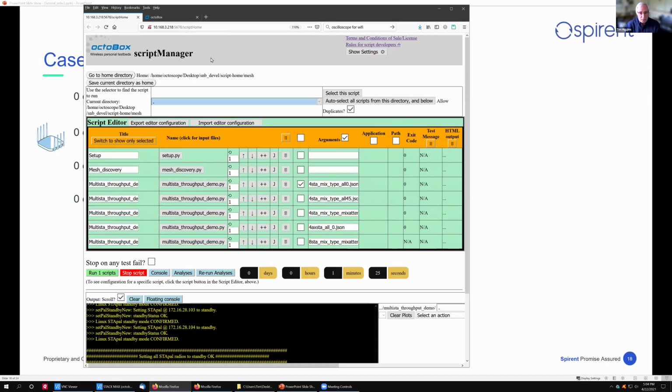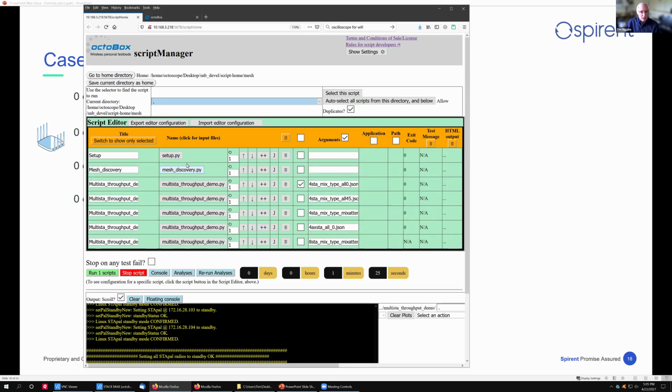So this is the script manager. This is the heart of the recently introduced script machine. Octoscope has announced it, I think, fairly recently. And what it is, it is basically the controller for the scripts. Those of you who have bemoaned the fact that some don't like editing config files, text config files, you don't have to do it with this.